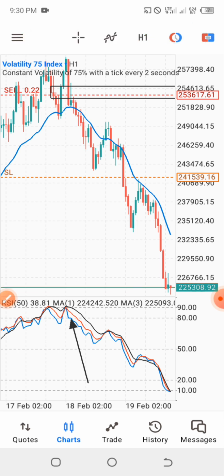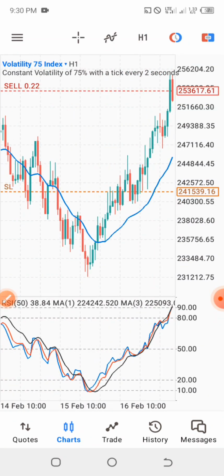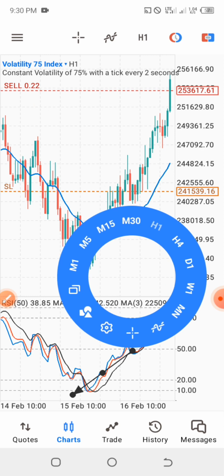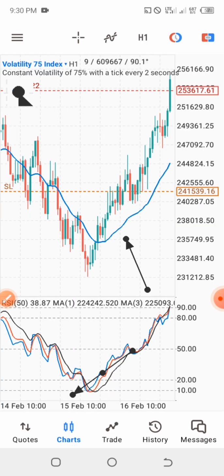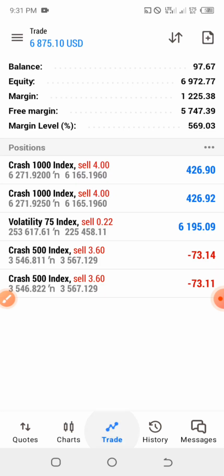Now for a buy, to look for a buy position right here, we want to see that the price is at the oversold levels, which means the indicators touch the 10 or 20 levels of the RSI, and then the price needs to go above the moving average. Once that has happened, we want to wait for the price to come back and touch the moving average. When it touches, that's when we expect to go for a buy. As simple as the strategy is.